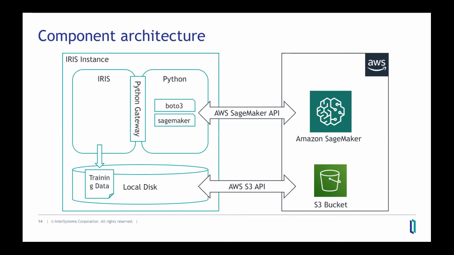So I'll just give you a few numbers, right? It took me around 3 hours to set up the local environment that would let me call SageMaker through Python from my local machine, right? A whole bunch of libraries need to be loaded, security and roles initiated. And after that, it took me just 15 minutes to translate the code from the existing Python Jupyter notebook into the code I use from IRIS. If I were to translate this notebook into REST calls, it would probably take me a couple of weeks.